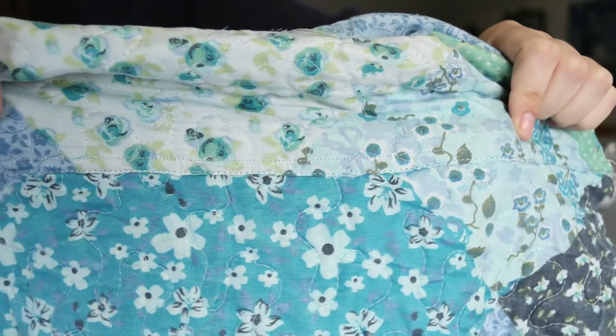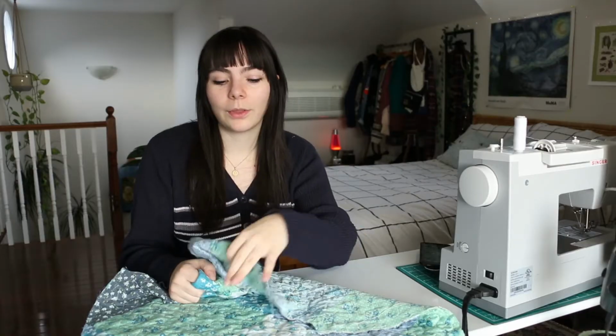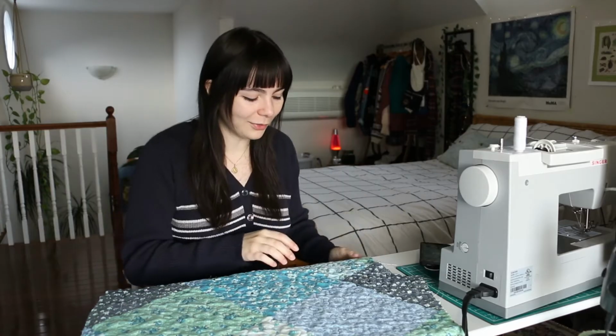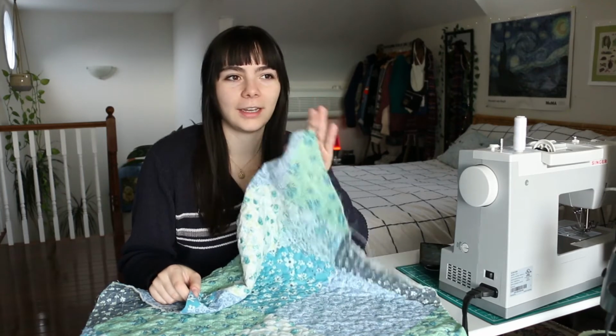I think my problem was I wasn't being generous enough with my seam allowance, so there wasn't quite enough fabric to complete the fold, so it's kind of already starting to fray in certain places, which is not good, but I don't really feel like redoing it, so we're just gonna move on and take that as a lesson for